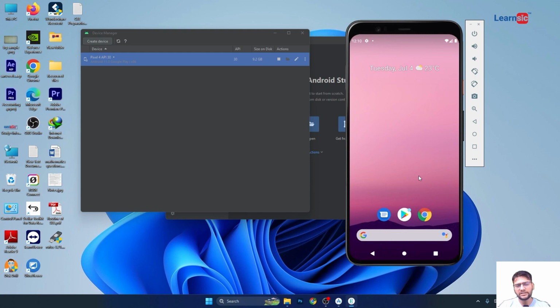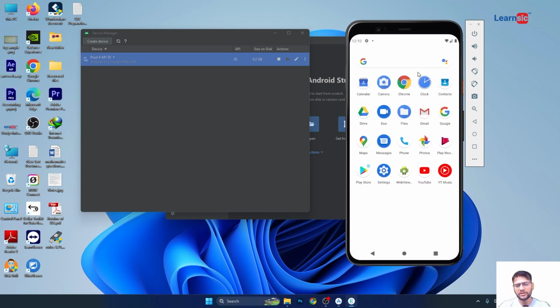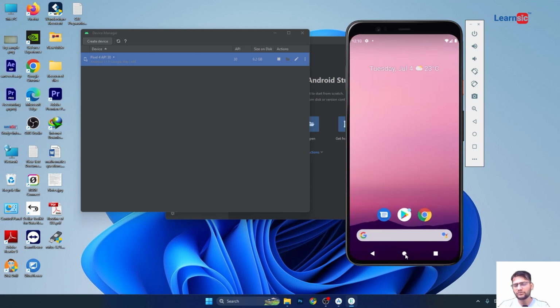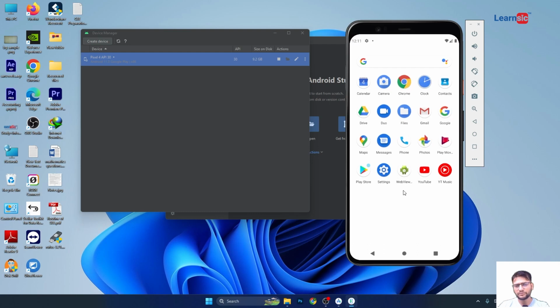In this virtual device, now we can install our created application here, and we can test our application. We can also access the Play Store here as well. We can sign in and download any of the other applications from the Play Store as well. So after we have opened this virtual device, now let's go to the created project and let's run that project